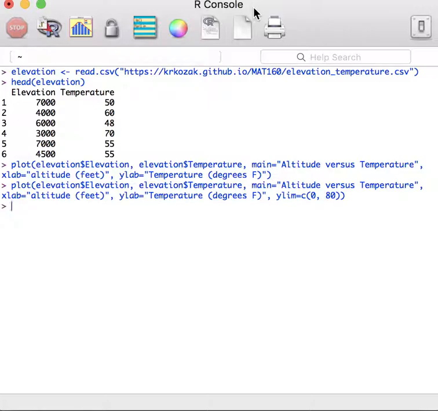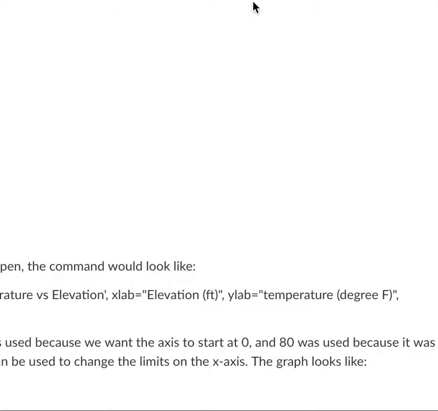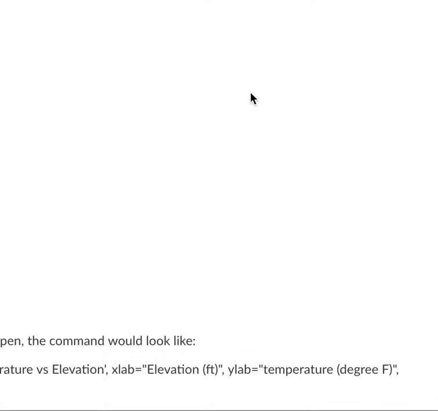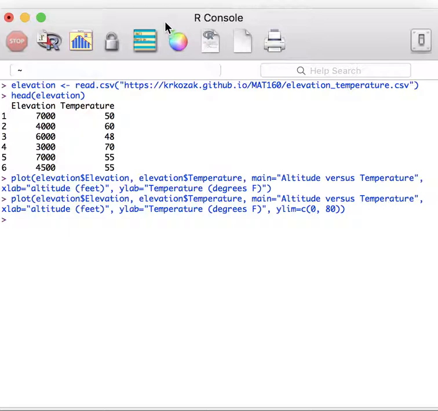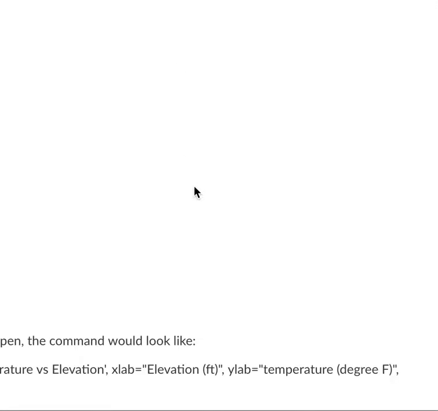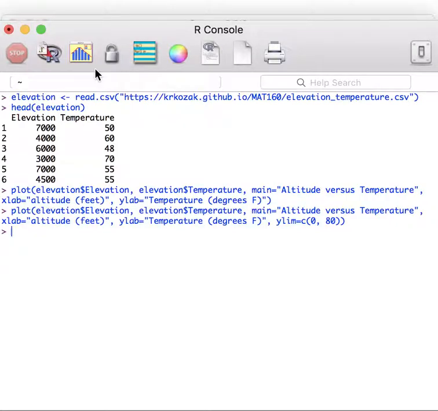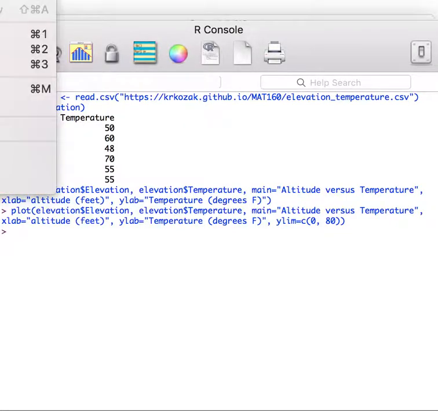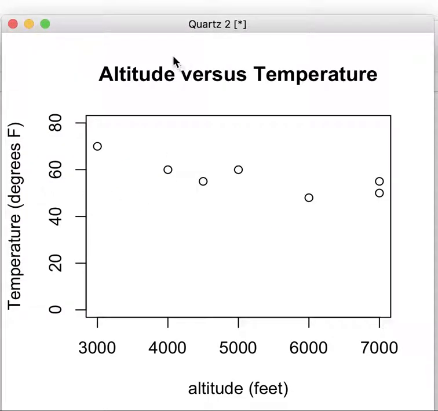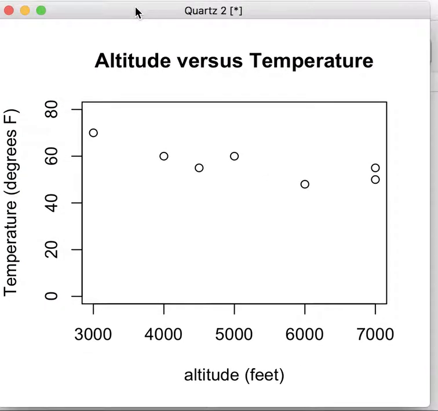And again, you didn't see anything happen, but the graph actually just changed itself. Oops, sorry, I hit the wrong window. All right, so the graph changed itself. Keeps seeming to do that. So there it is. And so the graph has changed itself, and you can see we're going from 0